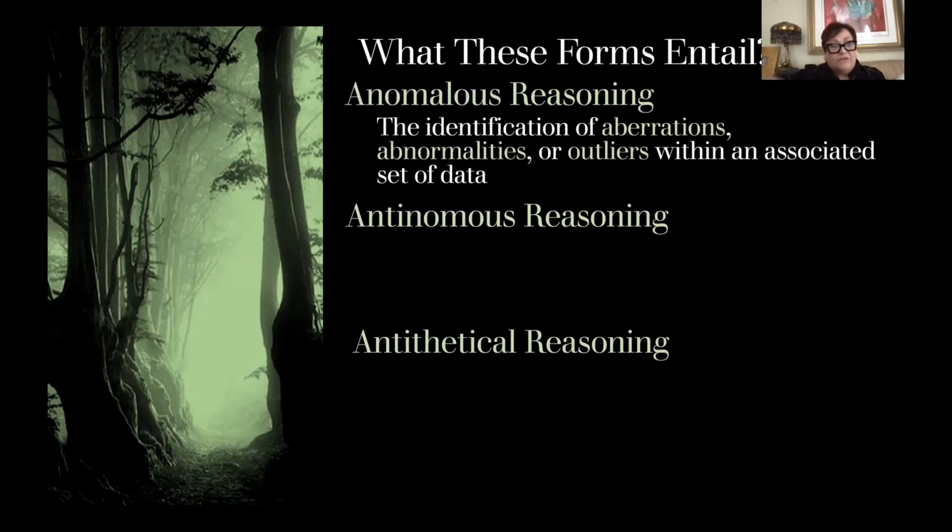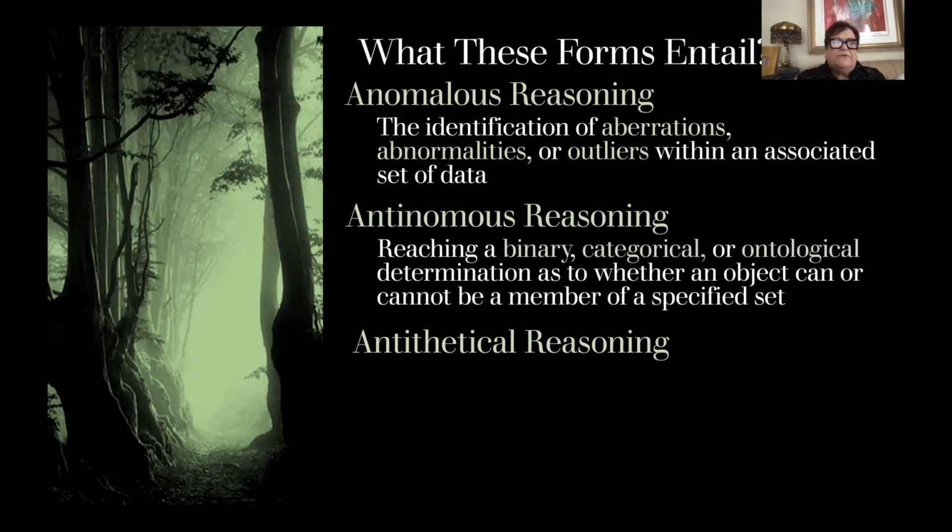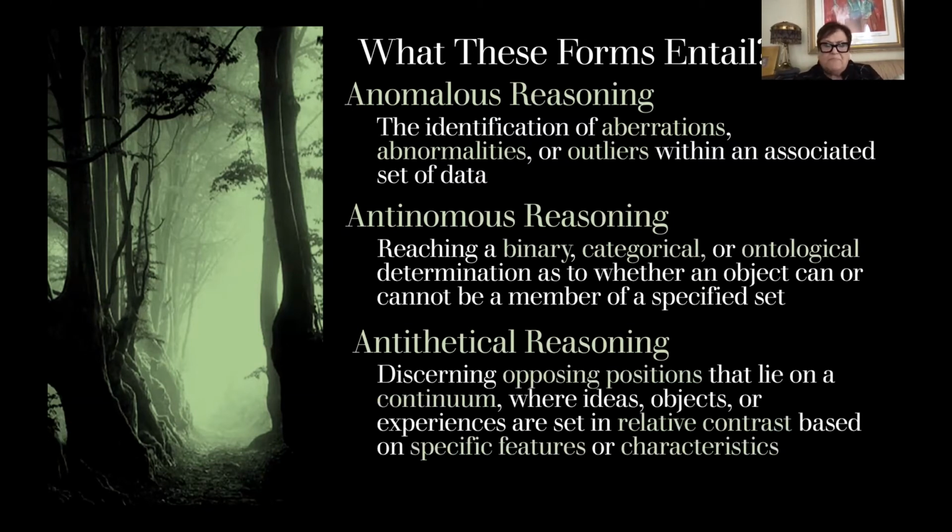And of the two, analogies and anomalies are the two that most people are at least cursorily aware of. Analogies are something that most students have heard about. Some of them have even been taught something about analogies or analogical reasoning. And people are comfortable with anomalies. The next two are far less common in the educational or psychological experiences that I've come across. I came across antinomous reasoning because I was really bothered. I'm going to put both these up and explain them to you. I'm going to come back to this at the end when I talk about where we go from here.